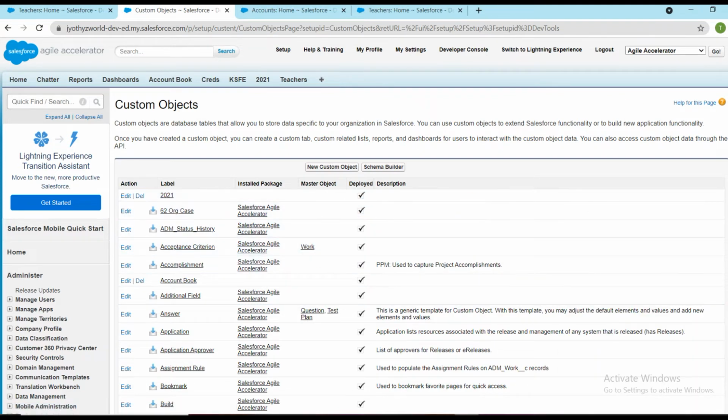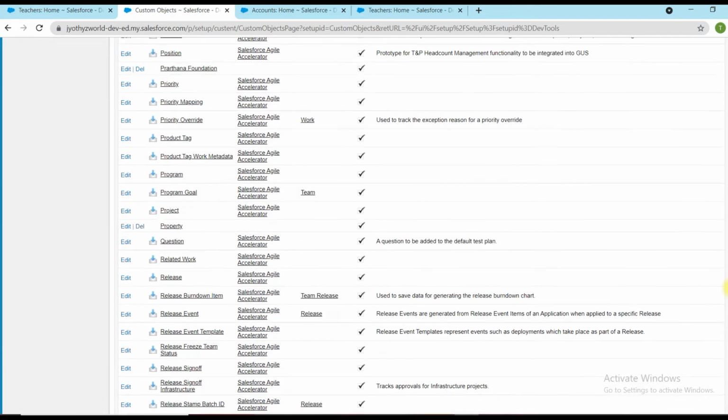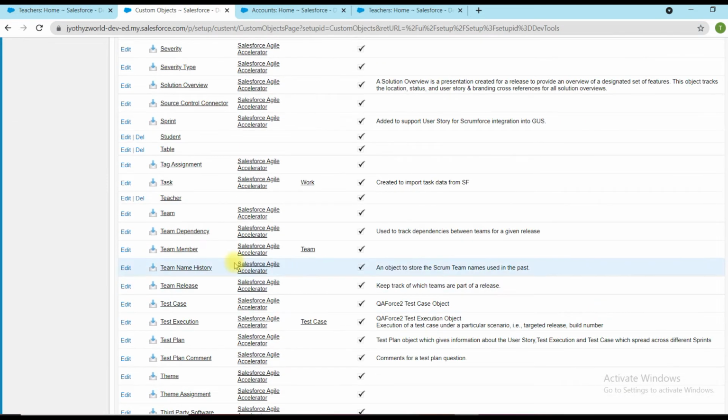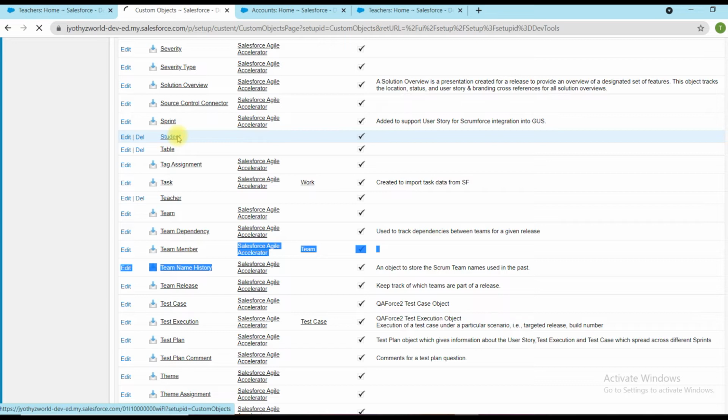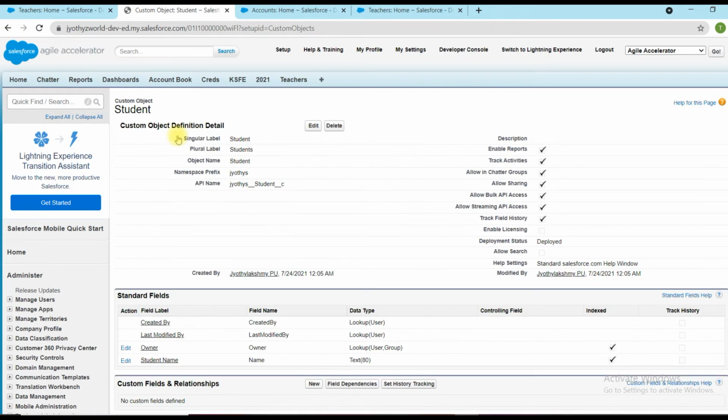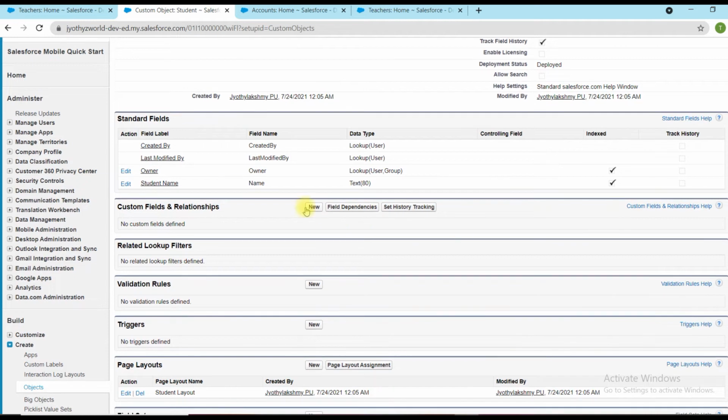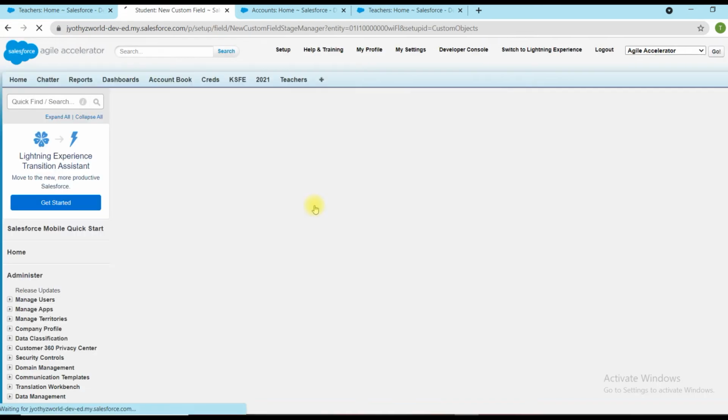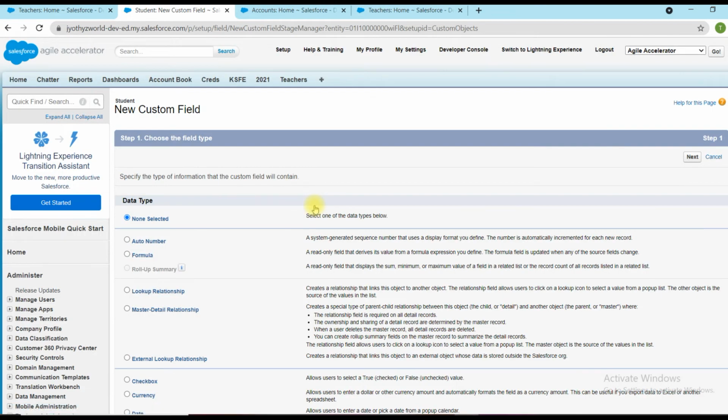Where is the student object? Go to the student object. It is available here. We have to add our fields. The name field is already added, which is a standard field. Next is